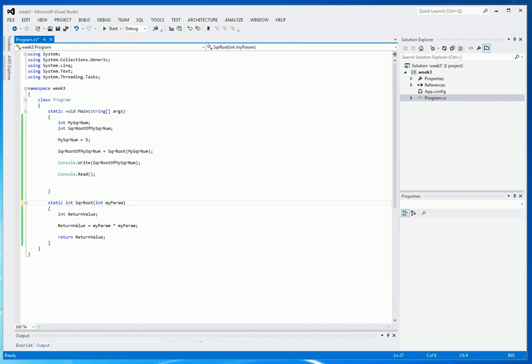So there's another special keyword that we need to talk about when talking about methods, and that is the keyword void. And what void means is that you are not going to be returning any values within the method. So if I declare a void method, and let's do a static void my method,